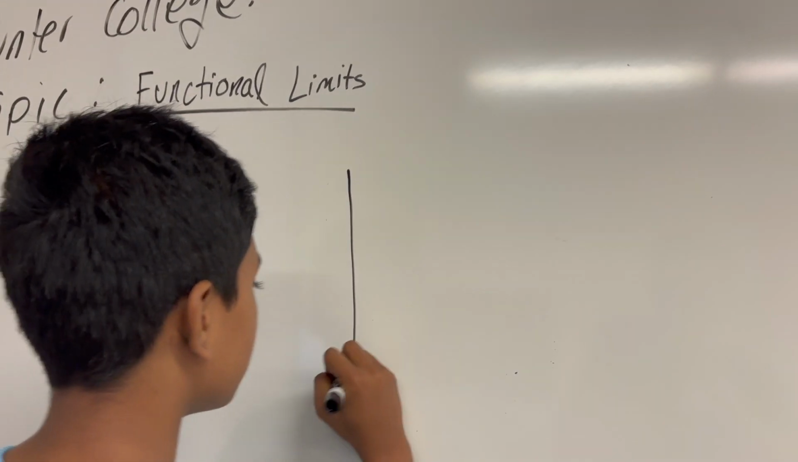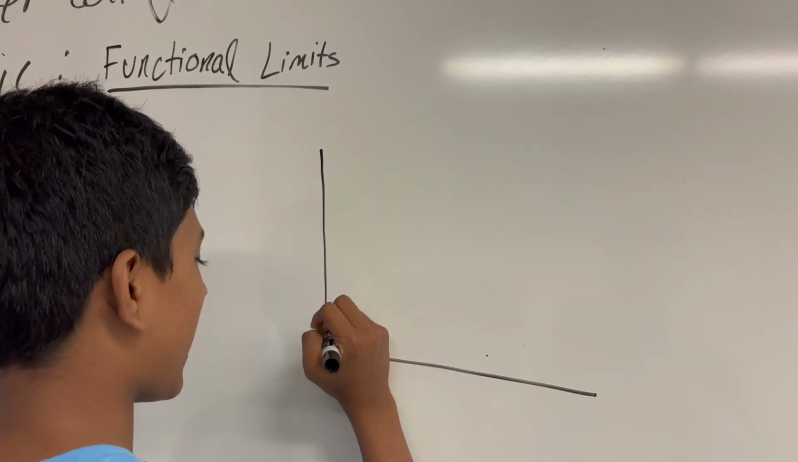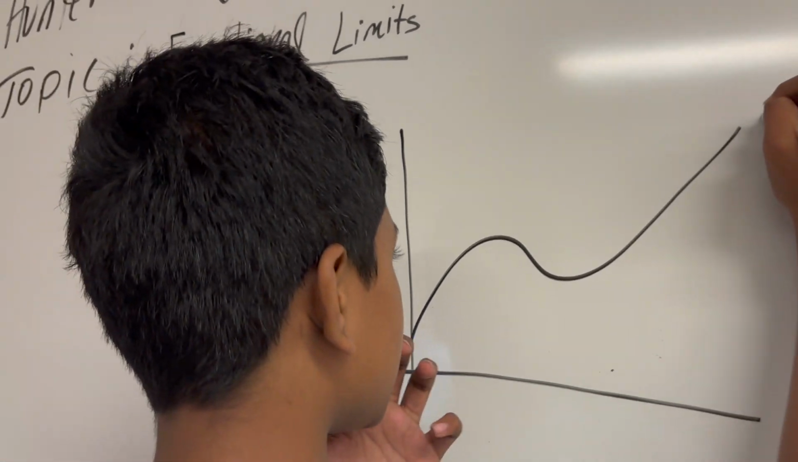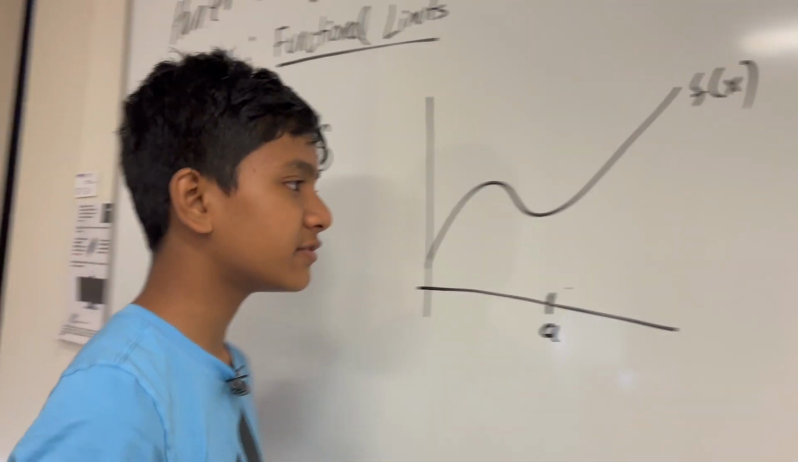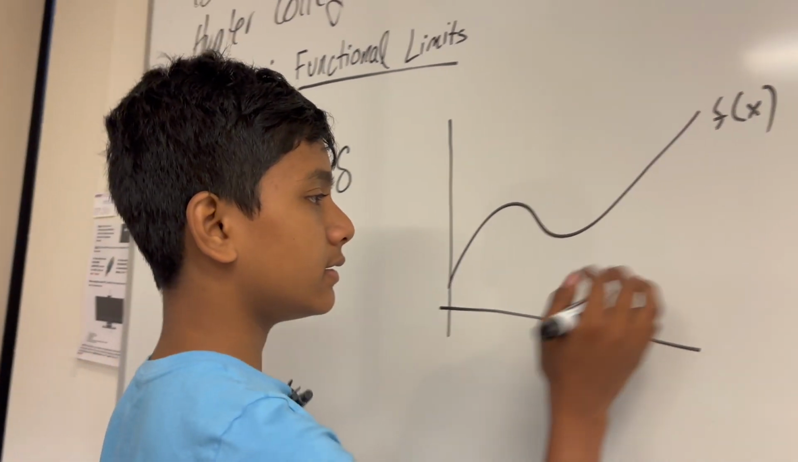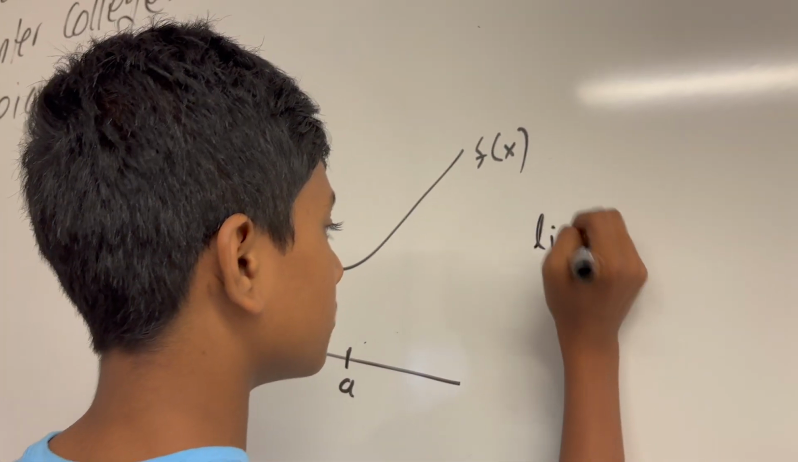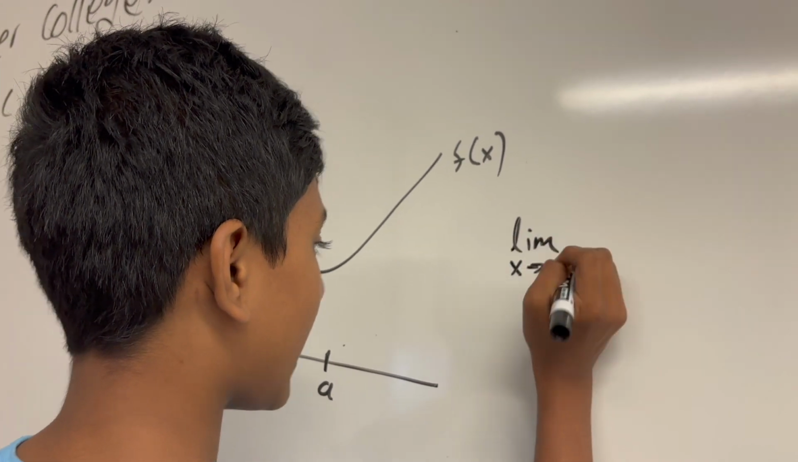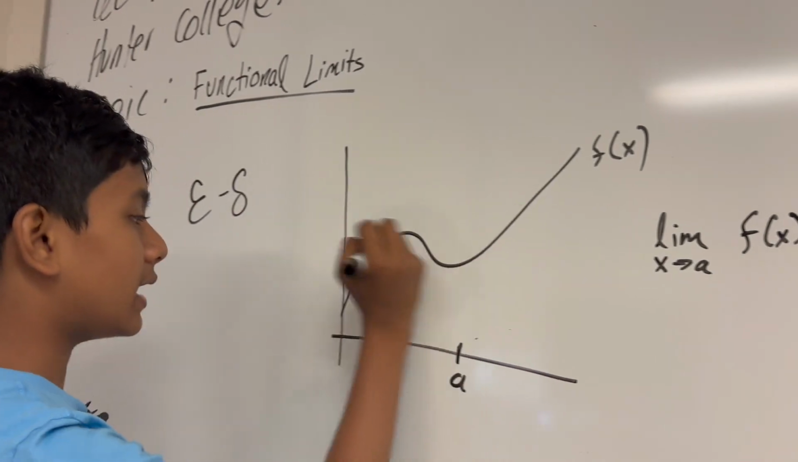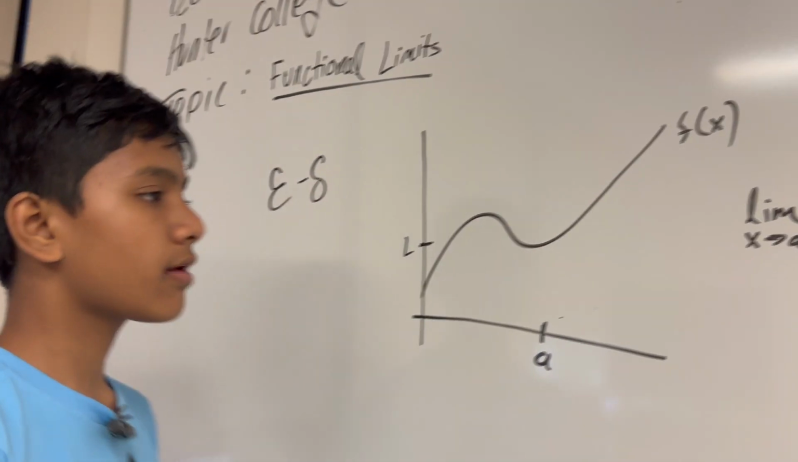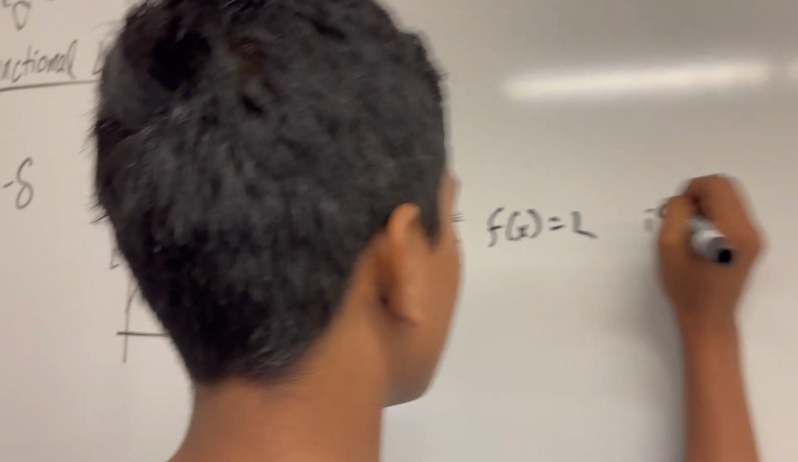So let's say we have a function, f of x, which looks something like this. And we have a certain x value a. And we say that the limit as x approaches a of f of x is equivalent to L. Maybe L is this right over here. If and only if